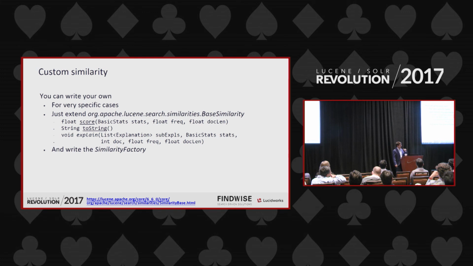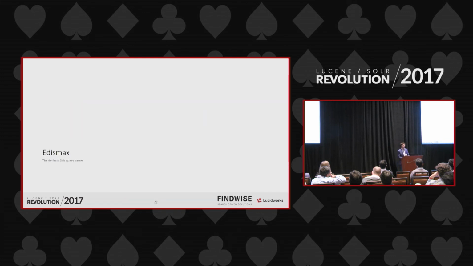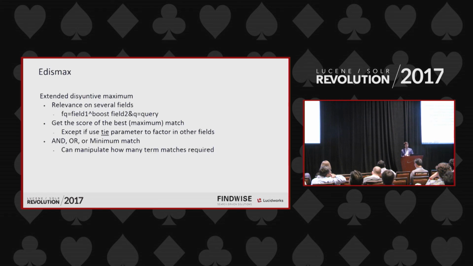This is all that I had to say about searching within a field. But what happens when we actually want to search throughout different fields? Well, we are going to use Edismax, which is the Solr query parser. And what we are always going to have available for us is the query fields parameter. And it is QF, no, not FQ. The idea is that we are going to be able to write a list of all the fields that we want to search into. And for each of them, we are going to calculate the score for our query. And then we are going to aggregate them together.